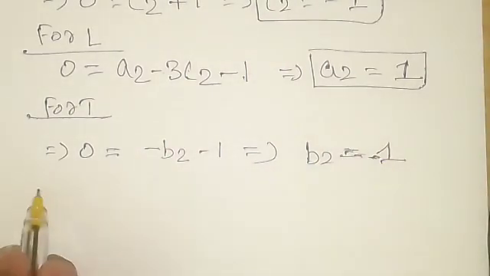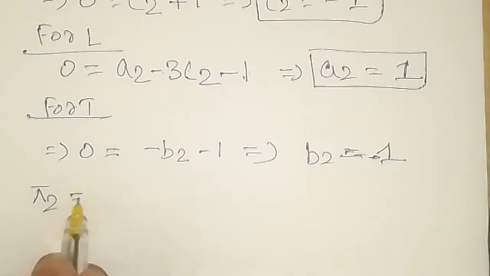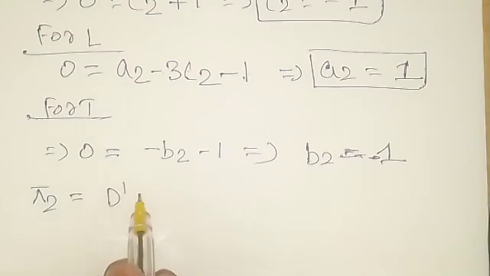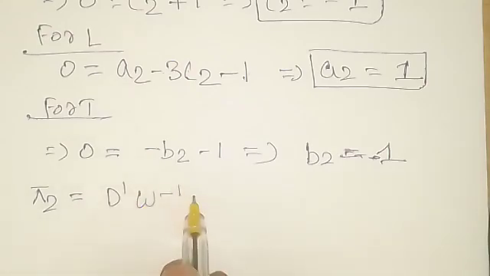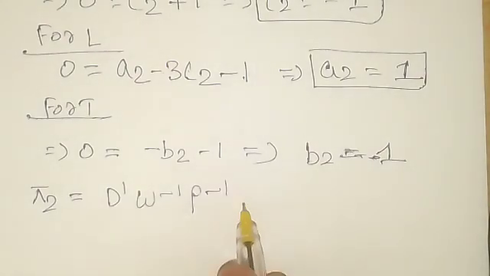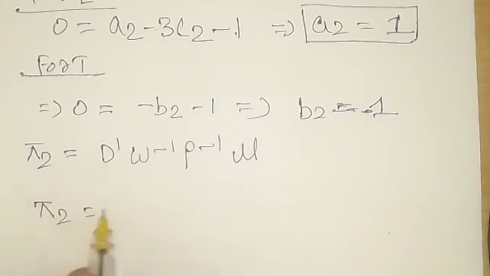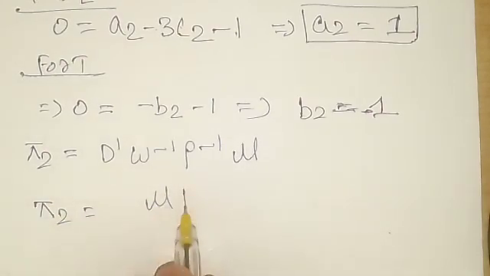So we got again the pi 2 terms, we can write in this format, that is d to the power of 1, omega to the power of minus 1, rho to the power of minus 1, and this is what you have, mu. So pi 2 terms we can write, that is pi 2 is equal to mu d